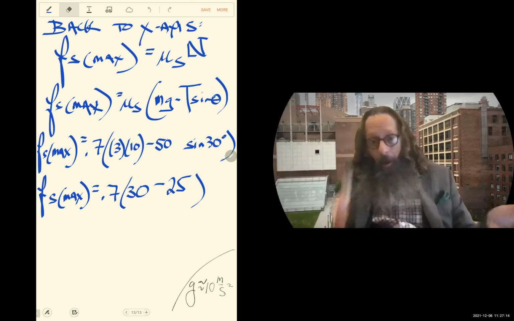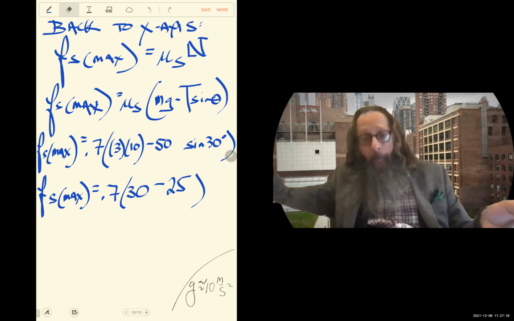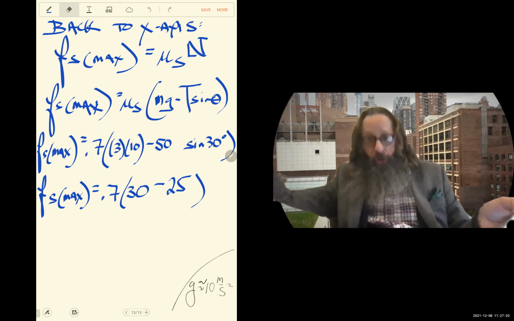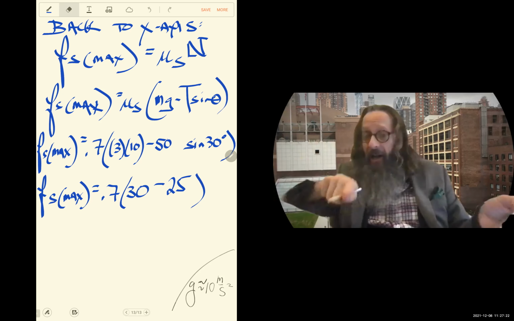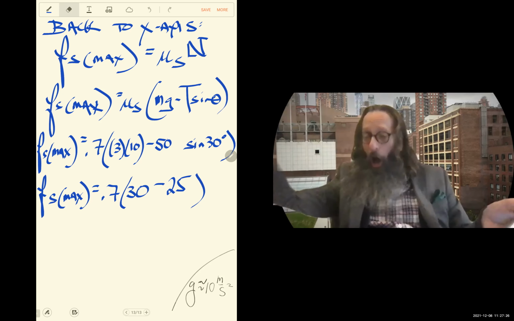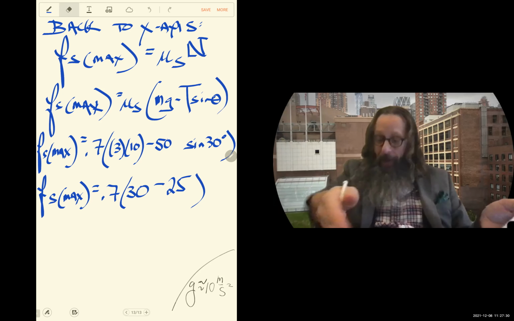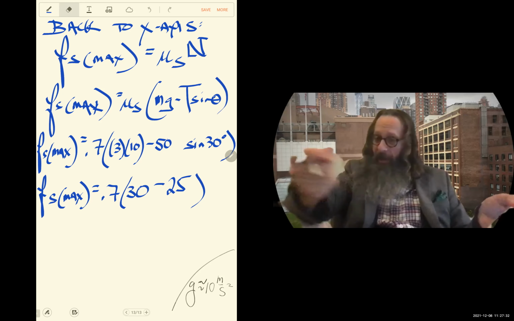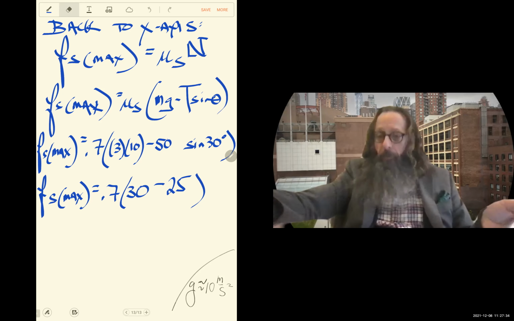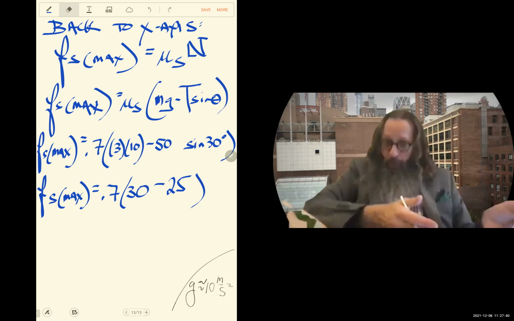And by the way, that's why if you're trying to drag something across the floor, pulling up at an angle on it is a smart thing to do. It's a heck of a lot better than pushing from behind. If you pull up from the front rather than push down from behind, what you're doing is not only contributing to horizontal force, but you're also reducing the friction between the two surfaces. And that's what's happening here.